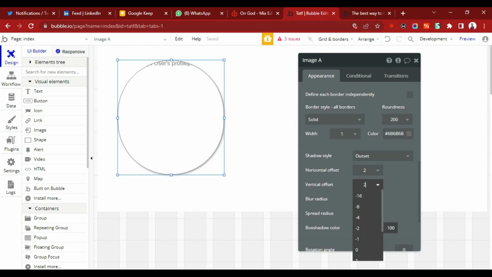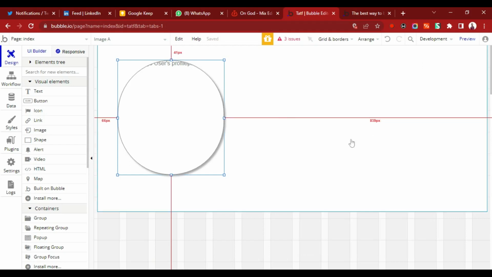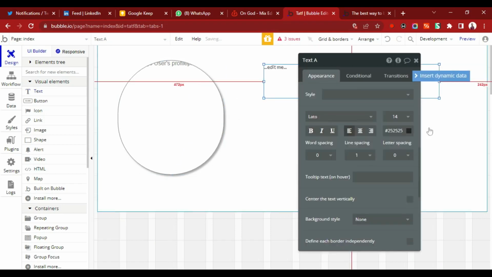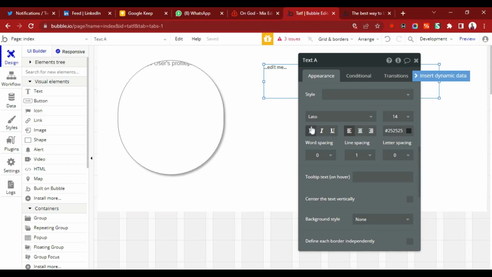And then I should add some shadow, outset shadow, make it -4, and then make it -2. Okay, not bad. So this is the profile picture area, and then we'll have to add the text element here